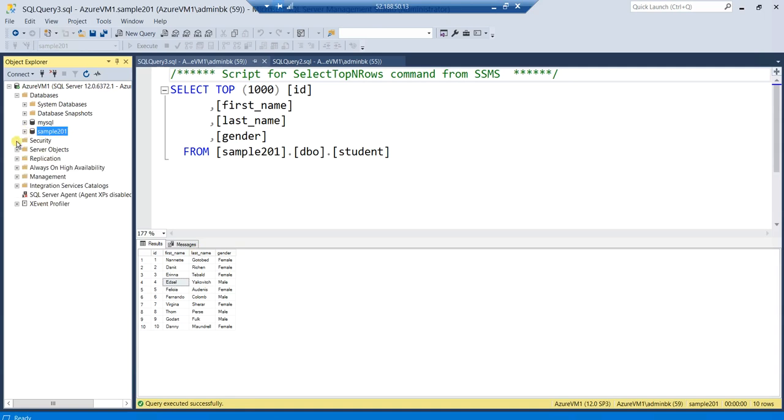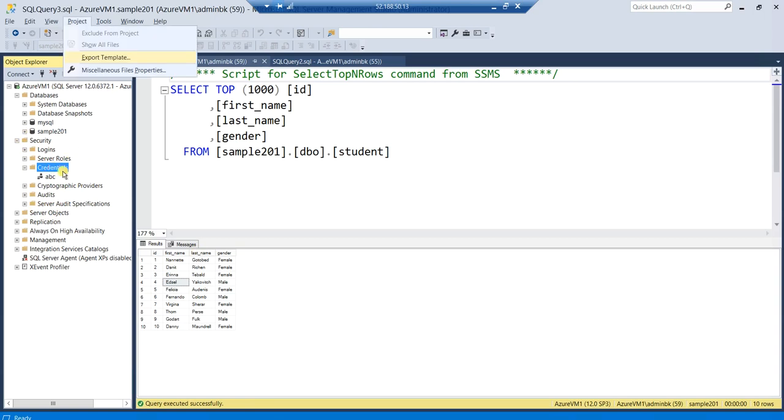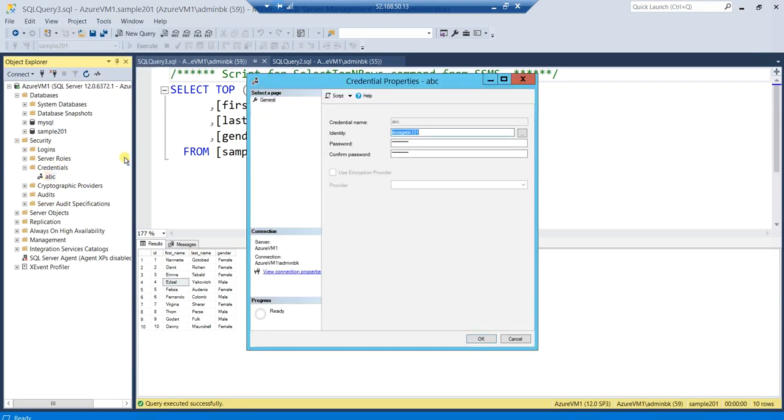Here also you need to create the credentials. I have already created the credentials. Same, you need to give the storage account name and the access keys.